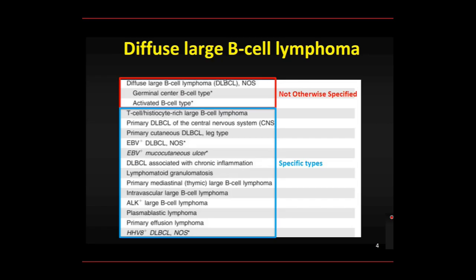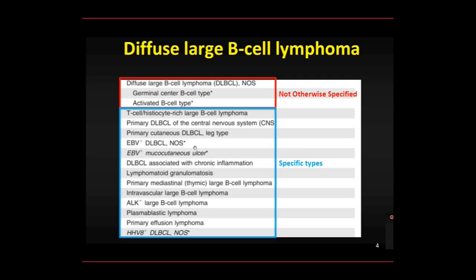And actually, when we say diffuse large B-cell lymphoma, the LBCL, we actually mean the NOS type, which is the majority of cases. All the other specific types, so one is, let's say, a wastebasket of whatever we cannot fit into the specific categories. Specified types are actually still diffuse large B-cell lymphoma, but with very specific features, which can